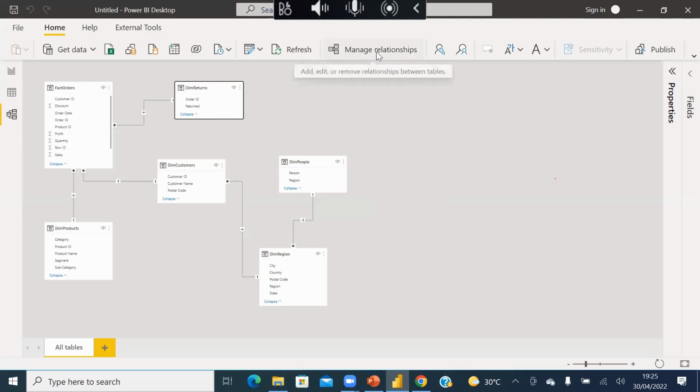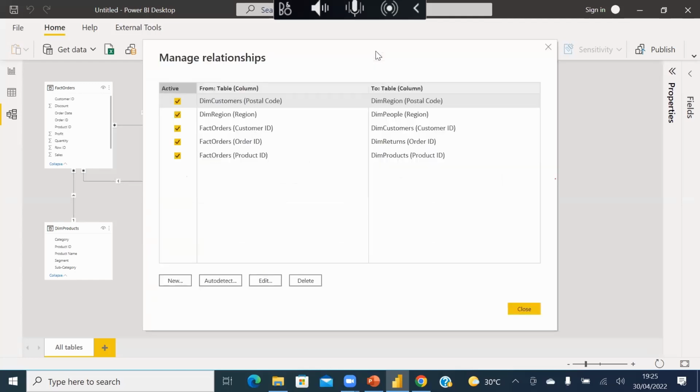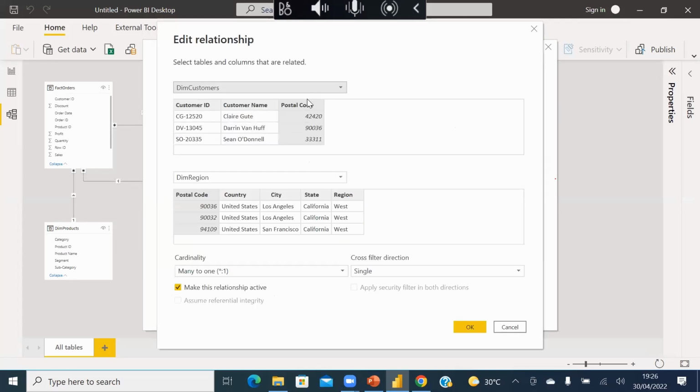So all we have to do now is you can click on manage relationships, for example, and now you can see the relationship between your models. On manage relationships, if I select this relationship, for example, and click on edit, I get to see that we're using the postal code here and the postal code here to create a relationship. So I think that should make sense to you now. The postal code is primary to the region, but we're using it to link it to the customer. Now it is a foreign key here.